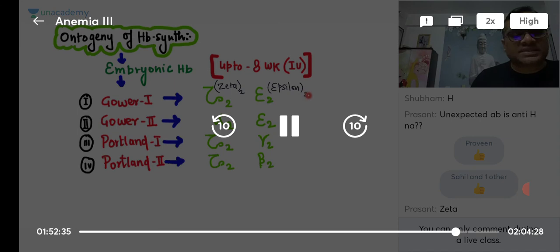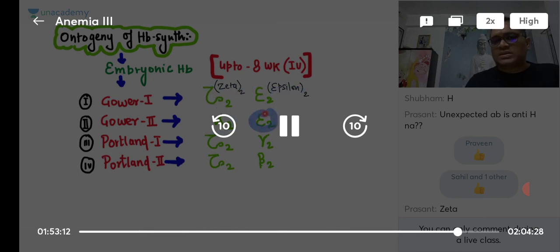So that was the question in the AIIMS exam. The question was which of the following is embryonic hemoglobin? Zeta 2 epsilon 2 is embryonic hemoglobin. So my prediction is that now the examiner is going to ask you what is zeta 2 epsilon 2. So the answer will be Gower 1. That is how we can expect, or they can show you the symbol. That is why I am showing you the symbol. Jalebi-like zeta, E-like epsilon.